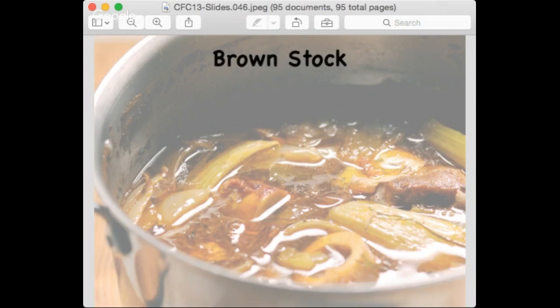You cannot make a stock, and this was a question in the community this week or last week, out of bones that were cooked in moisture, because you've already turned that collagen into gelatin. Now, there is a thing called a remoulage. Remoulage is a re-wetted stock. If you make stock out of the bones, you can fill it up with water and try and make another stock. But I'm telling you, you can compare the two. It's not going to be as jiggly. It's not going to be as gelatinous. So you can remoulage, you can re-wet, but usually it is a dry cooking method that caramelizes the bones,